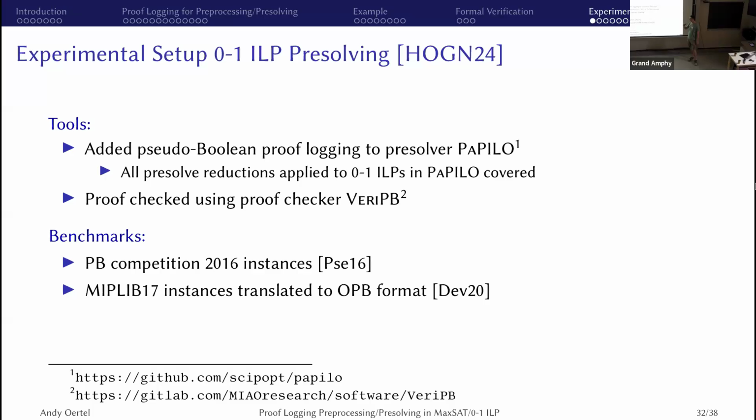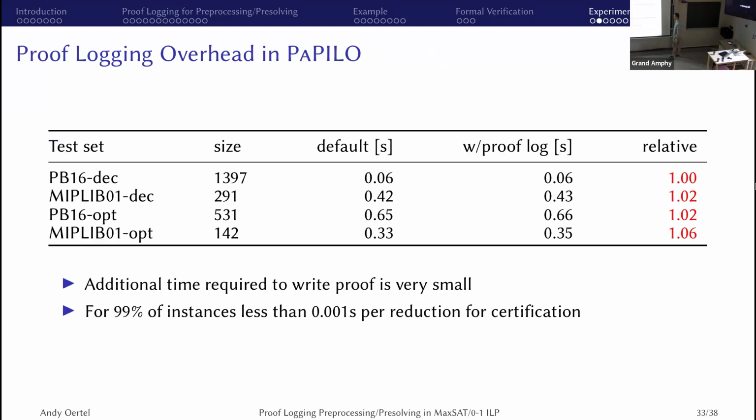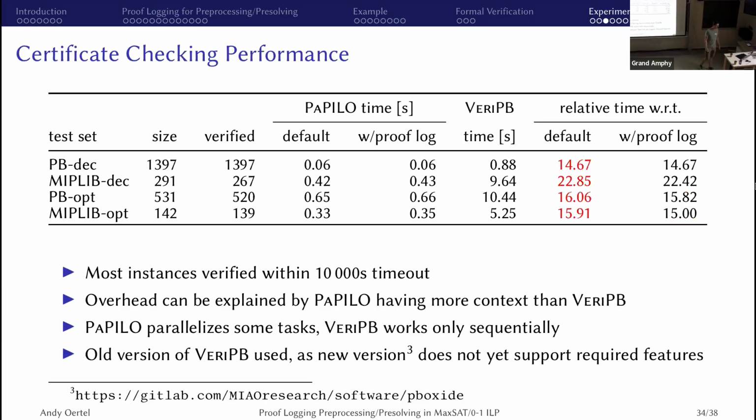And for the instances, we used PB competition and MIPLIB instances as benchmarks. First, let us look at what extra time is required for writing the proof. Here, relative time means that one is the same time as without proof logging. So we have very low overheads for writing the proof, up to just 6% for this one problem class. So writing is very efficient, but then when we look at checking the proofs,